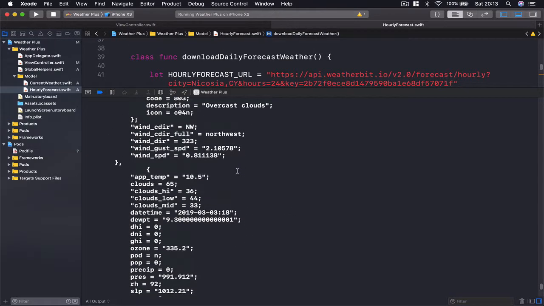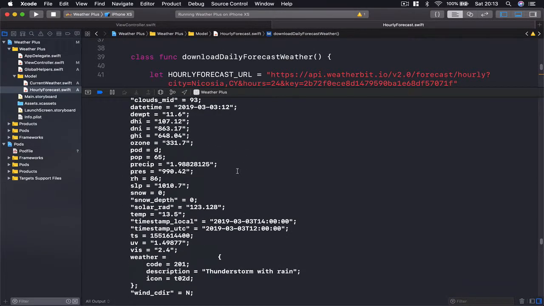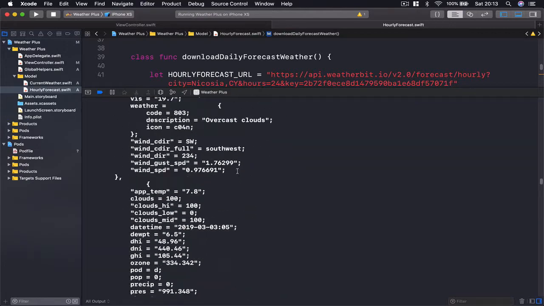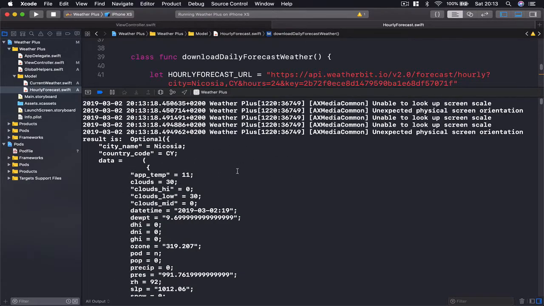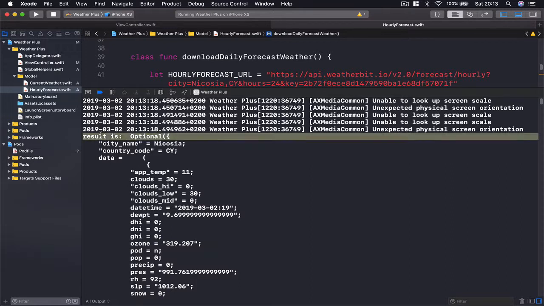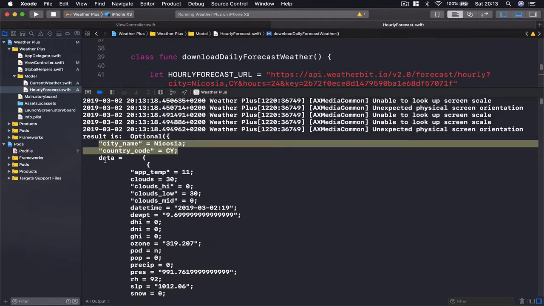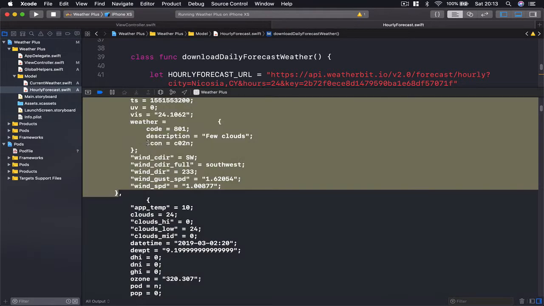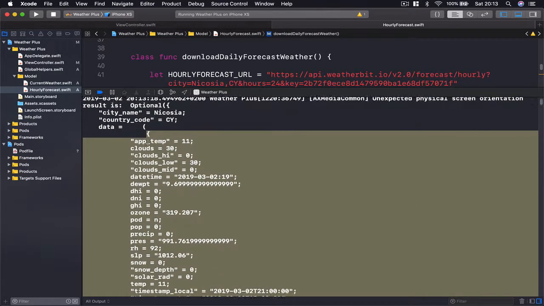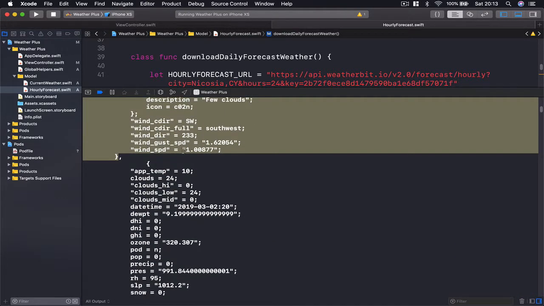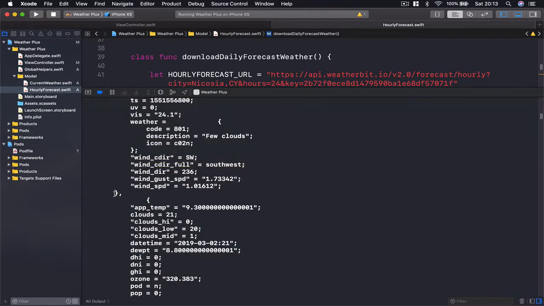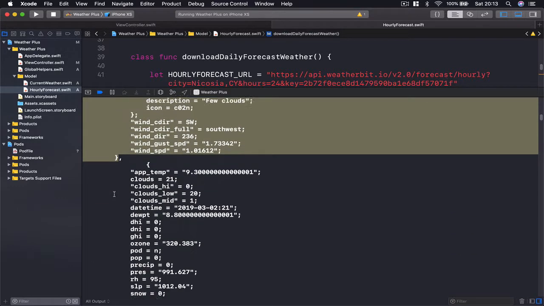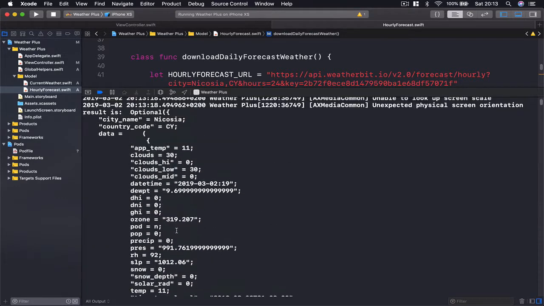Okay, let's open this up bigger, and you can see how long our result is that we are receiving. And let's start from the top. It says result is, and it's an optional here, so we need to unwrap this. So we have the name, we have the country, and then it starts our data. So our data is, you can see here, one hour actually. Then it goes the second hour. I can highlight it by double clicking on it, and it goes all the way until we get all 24